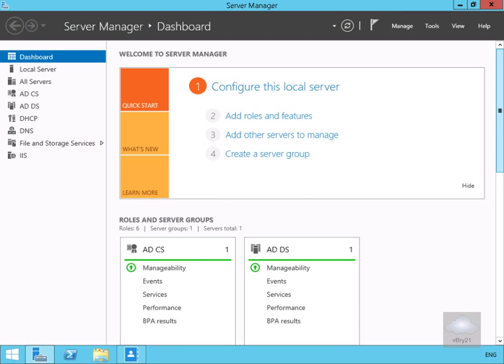In this demonstration we're going to look at using the Active Directory Recycle Bin. This is a handy little feature. If we do delete anything in Active Directory that we shouldn't, we have the ability to retrieve it back from the recycle bin. So what I've done here is I've just logged into my Active Directory domain controller,